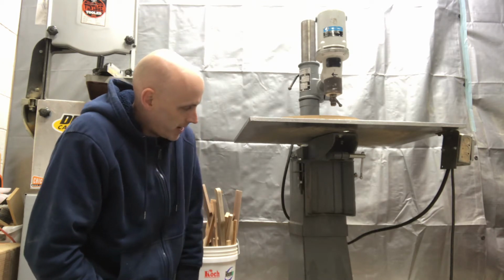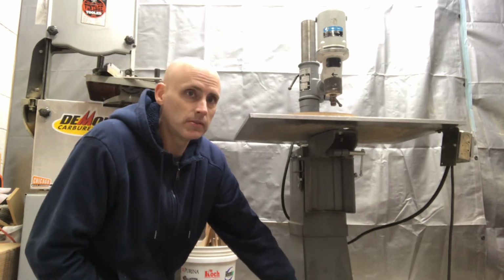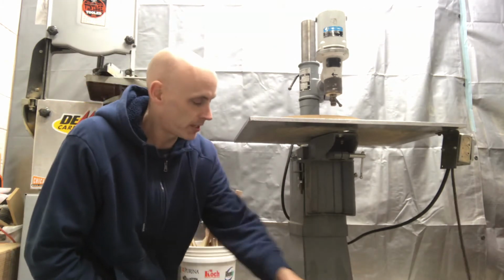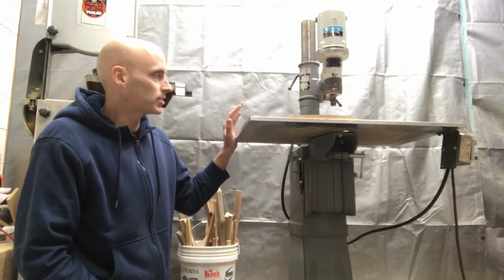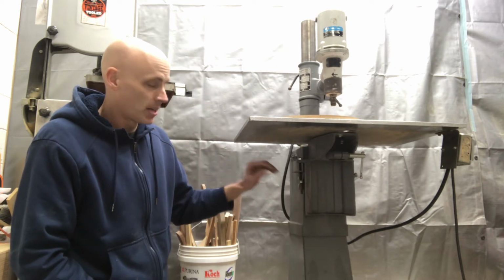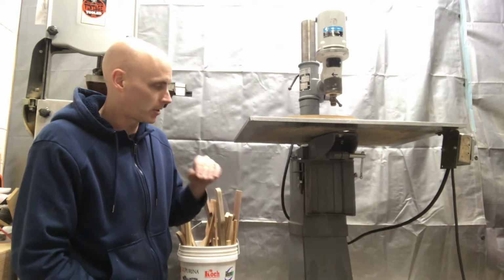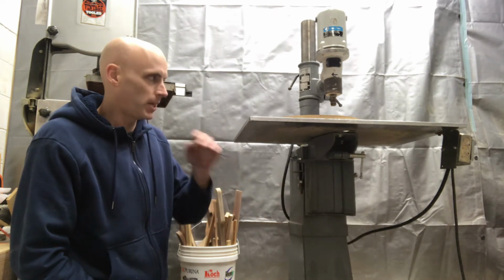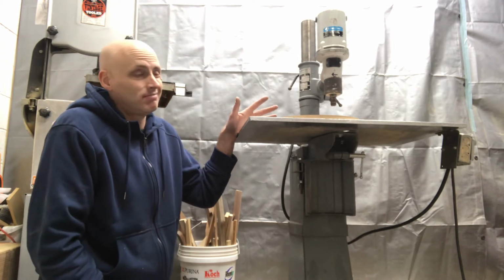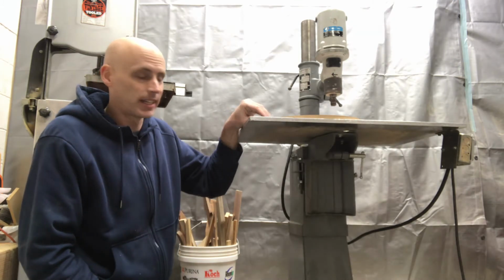Other disadvantage, the table moves up and down with a foot treadle, which there's not a whole lot of play in, so that's going to be a pretty accurate cut time after time for pin routing, but there's only 1.25 inch adjustment, maximum throw. So if you get a 1/4 inch tall pin, I might have my pin made 3/16, maybe even less, just enough to get on that,